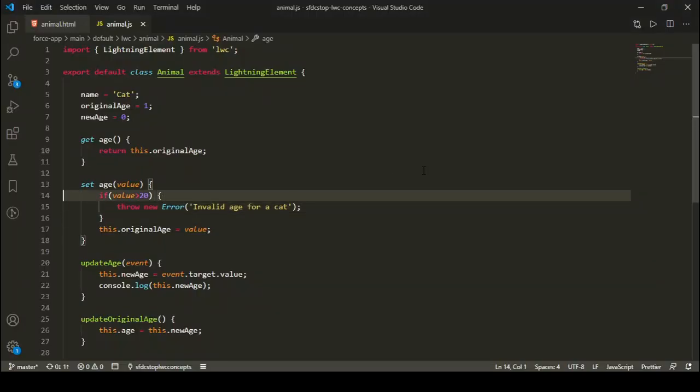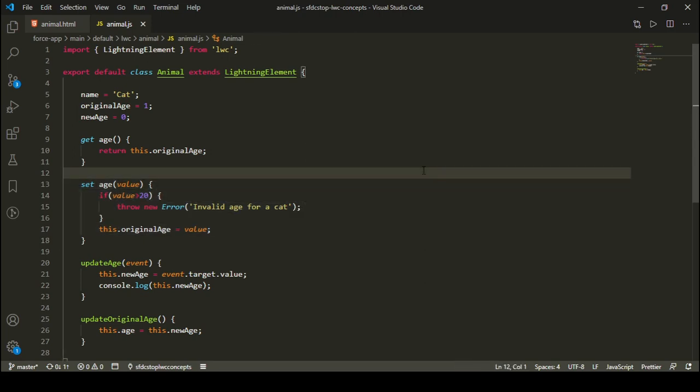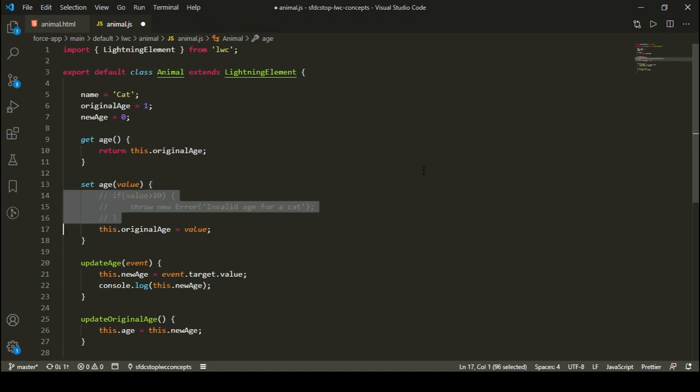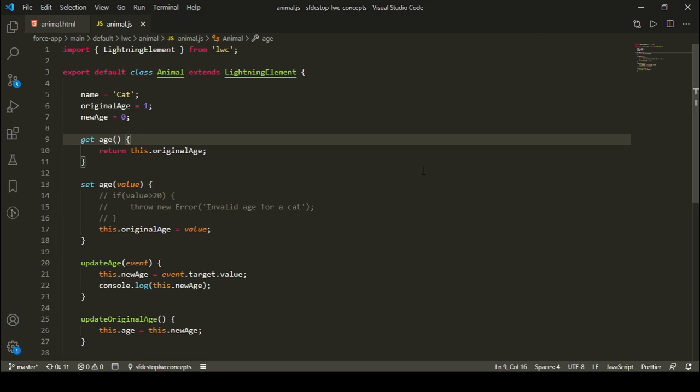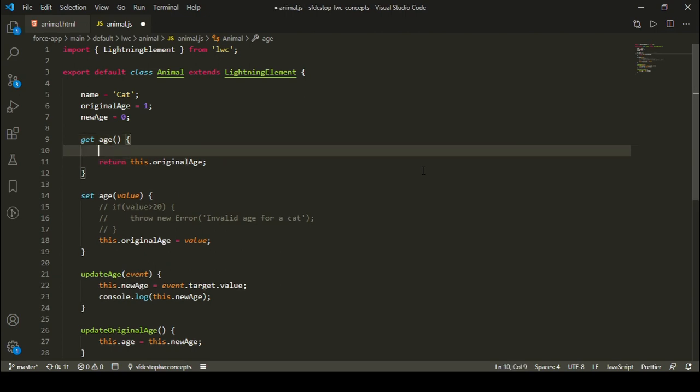So this is how you can add validations inside your setter if you are having a setter, okay. And in other cases, you can also do some other things as well. For example, let's say I don't want to add a validation out here, but I want to check whenever I'm returning my age, right? So before this,